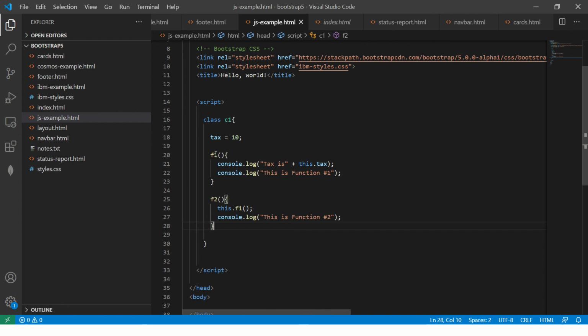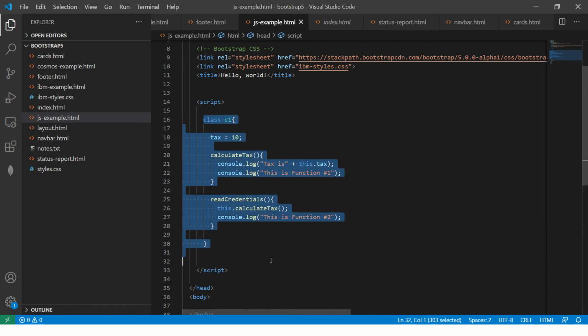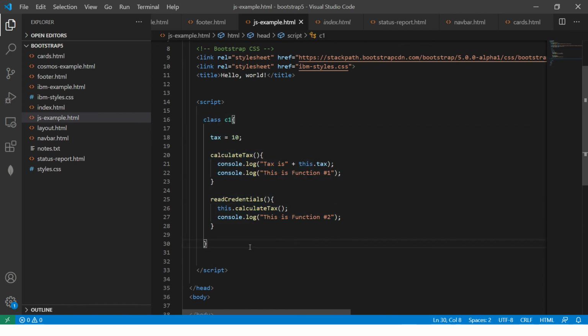And when you give an example, give a proper one, for example calculate tax, right? And call this calculate tax, and then say read credentials, etc. The idea is to make it look clear, okay, and make it look good. So that's how you refer to this operator. That means it can be used to refer to its own variables and methods which are inside that particular class, right? Or if it's inside an object also, it can refer to its own.